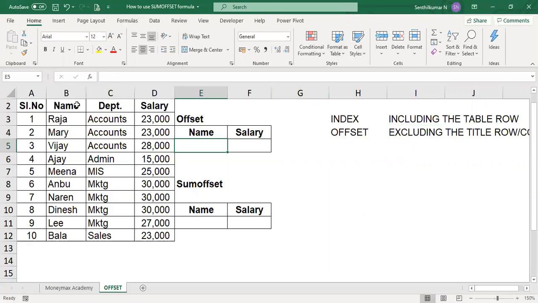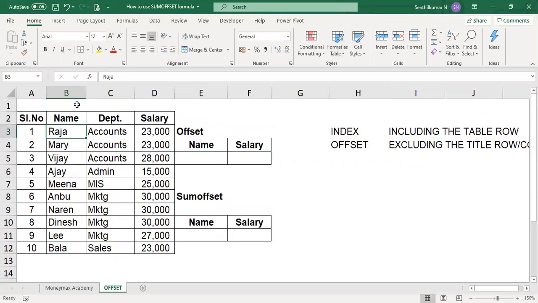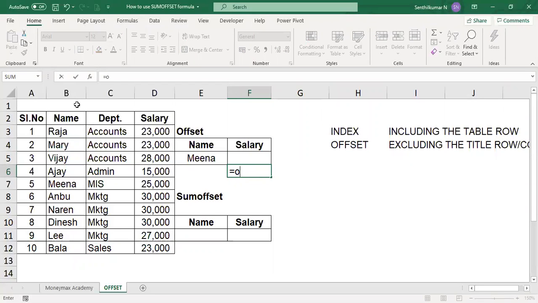In this given example, you want to know the salary of Meena. So we can use the offset formula. What is the reference? The name. What is the row? Meena is serial number 5.